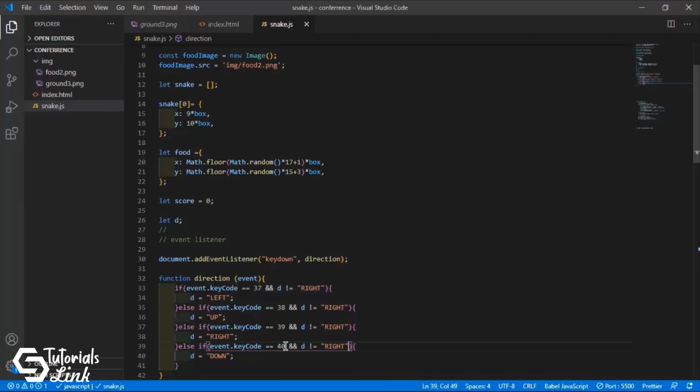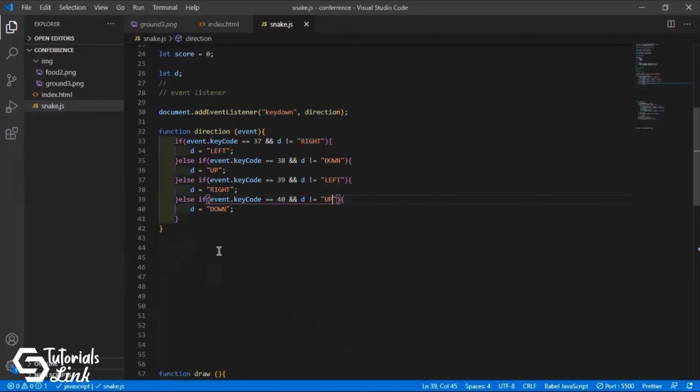So now let me change this up: right should be left, down should be up. Okay, great. So we are changing on the basis of this keydown event, right?